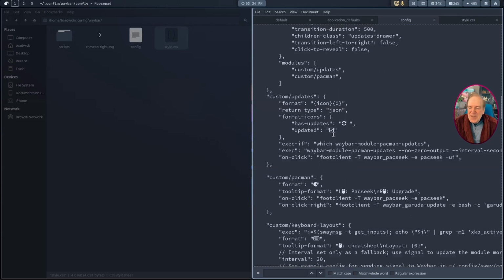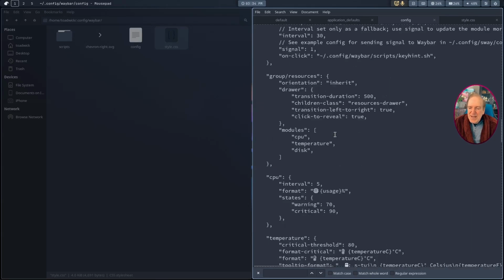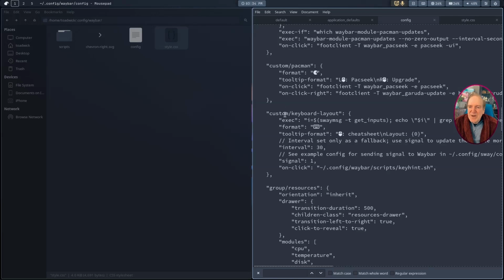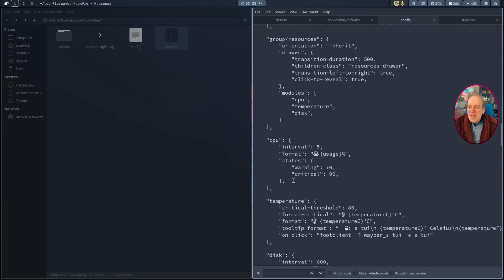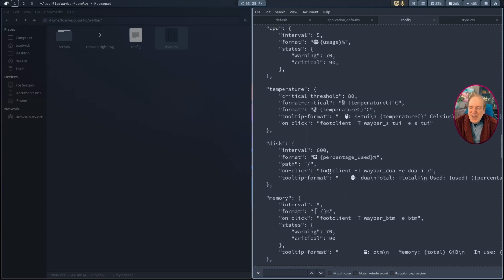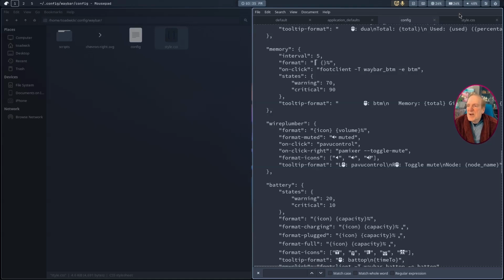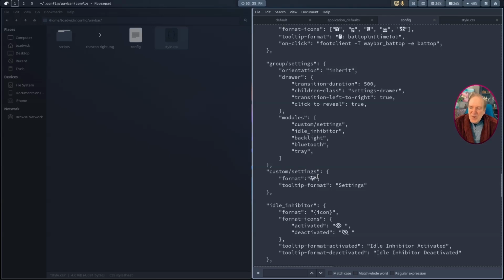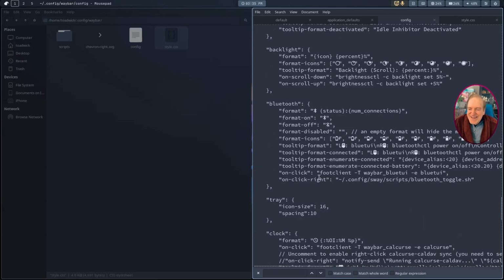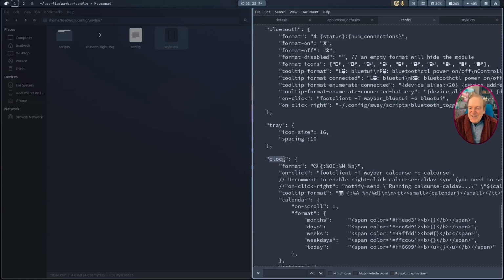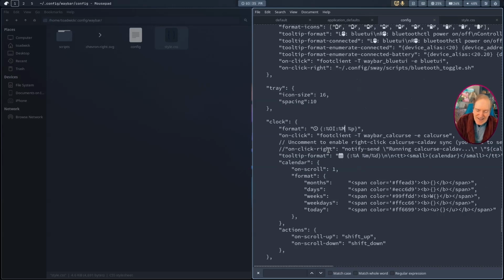Then I'm going to scroll down here and I'm going to find clock. These are all our different modules that are listed here with our module configurations. We've got CPU, temperature, and they all correspond up here. And WirePlumber, which is our audio app up here. And so if I scroll down a little bit more, somewhere in here is clock. Here it is, clock. So we've got clock settings, and then what I'm going to do is over here next to our minutes, right here, I'm also going to add the seconds, because I use the seconds during the day,